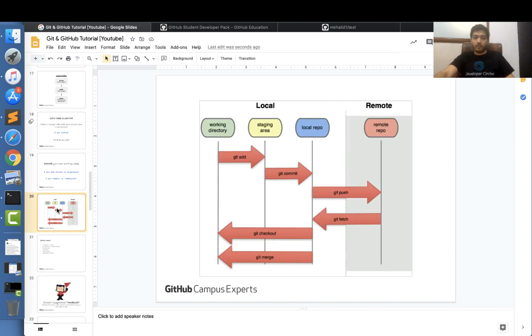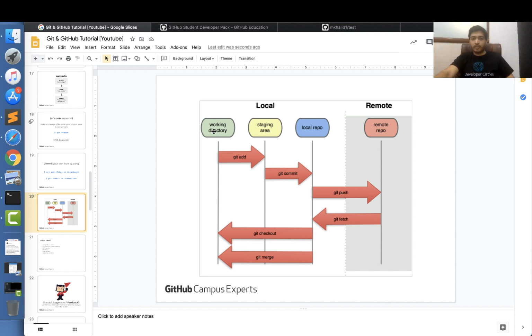So now that we've gone through most of the basic commands which you need to upload your project on Git and continue to commit and push changes to your remote repository, you can actually just view this flowchart to summarize all of that. So working directory is the project folder that you have on your local computer.